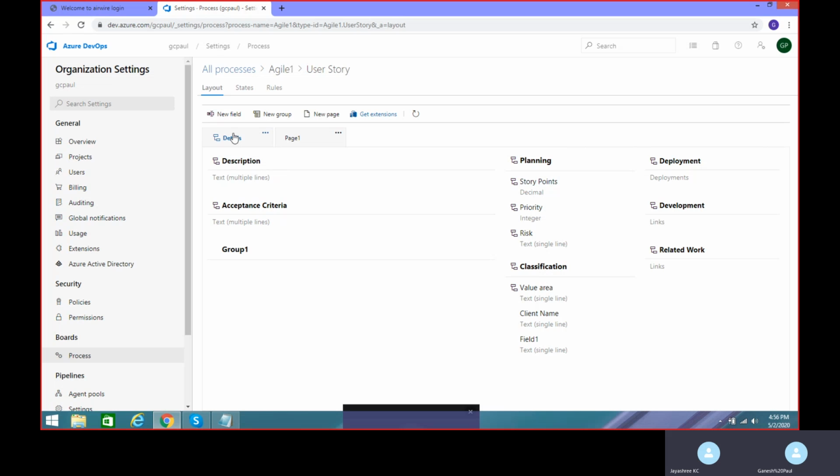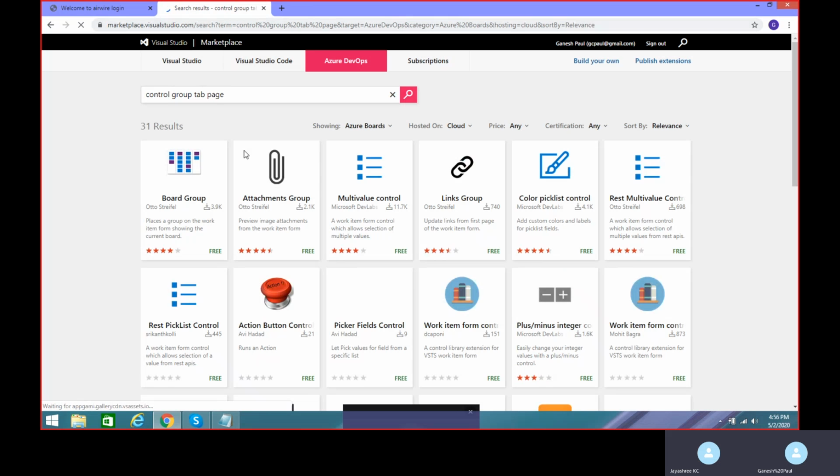And this extensions, get extensions, we will come back later because we need to understand extensions first. Like in the last class, I think we saw how to use the extensions, right? Yes. We can go to the marketplace and install one of the extensions, which would add some more value to the existing features that are available in Azure DevOps, right? Yeah, something similar to this.